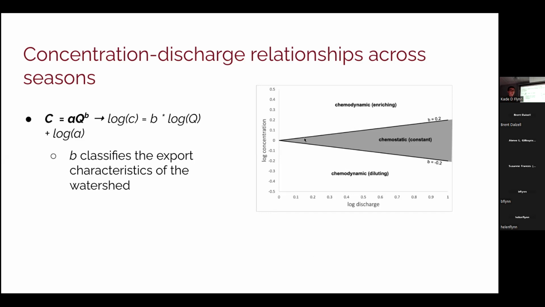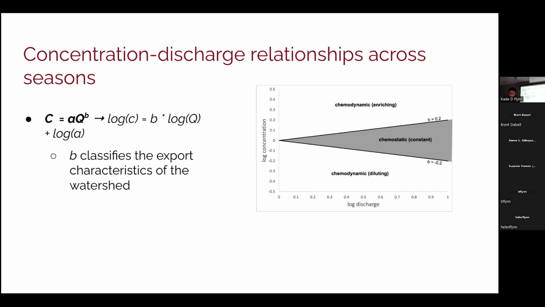If concentration is increasing with discharge, we have these chemodynamic and enriching behaviors. If the slope is negative, concentration is decreasing with discharge, and we have these chemodynamic and diluting behaviors. And if the slope is near 0, we have these kind of constant conditions where concentration is not varying much